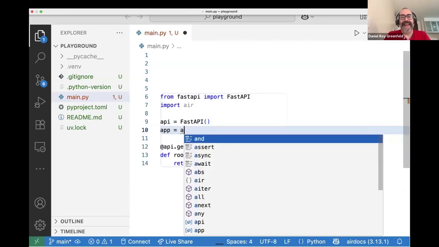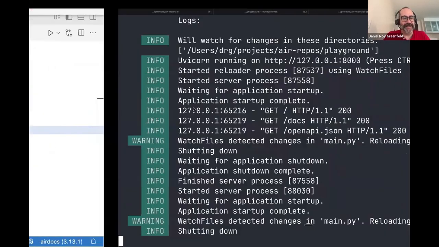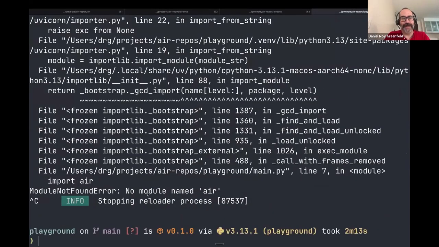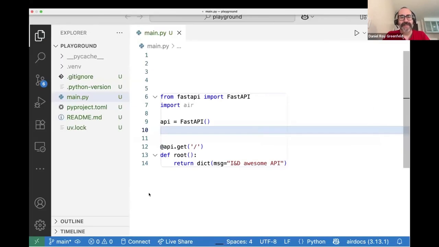And before I do that, because it's not going to be able to find AIR, I need to install AIR. See, it says no module named AIR. So I run uv add air. And it's just as simple as that. Okay, so now,